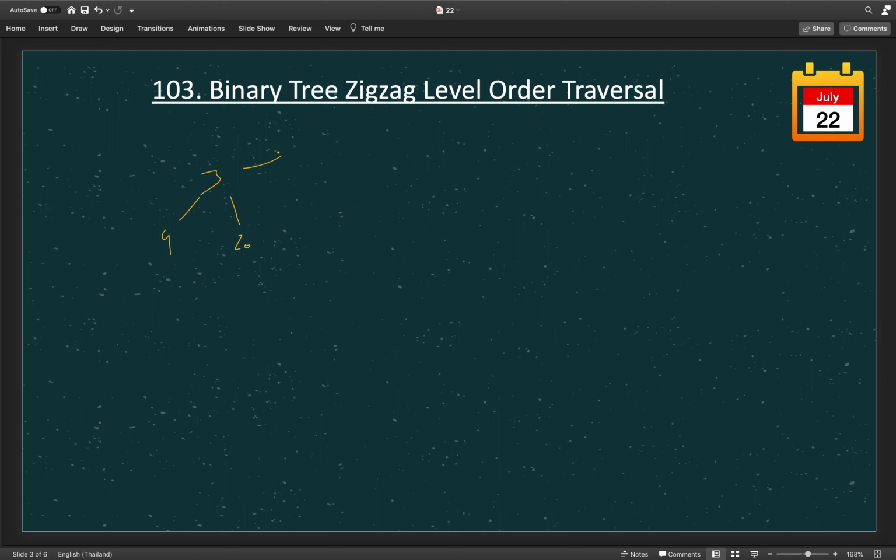Initially we will start with our flag, let's say f is false. In case of false we will not reverse, so 3. Then at every alternate level we will alternate the flag as well, from true to false, false to true. So if it is 9 20 and the flag is true, we will reverse this list, this will become 20 9. Then the third level is 15 and 7, so we will get 15 and 7. This is how we are getting the answer.